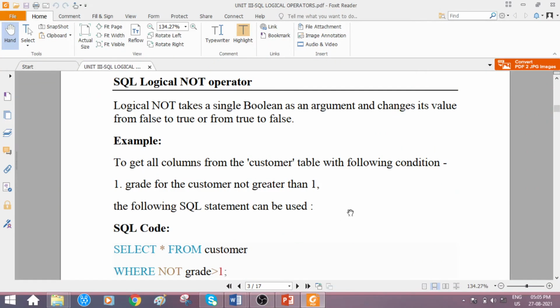Okay, so whichever customer is having a grade above 1, that is 2, 3, 4, those customer details are not required. Only the customers whose grade value is equal to 1 or less than 1, those customer details have to be viewed. This is the requirement.